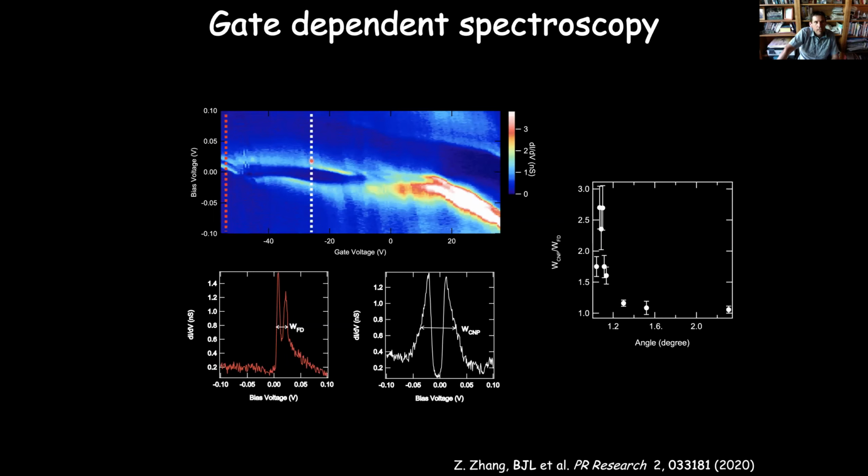The first thing you can see is at the red point here, they're both above the Fermi level. The Fermi level is 0. They're both above, so they are completely empty. They're fully depleted. There are no electrons in them, and they're relatively close together in energy. If we come to where this white line is, you'll see that they are much wider. They're much further apart in energy.